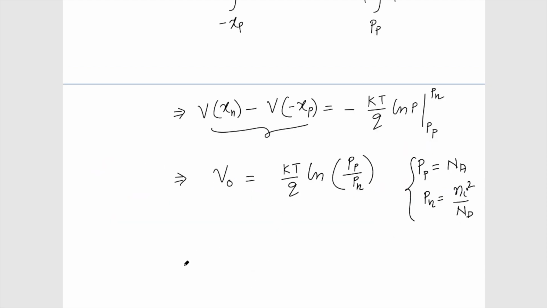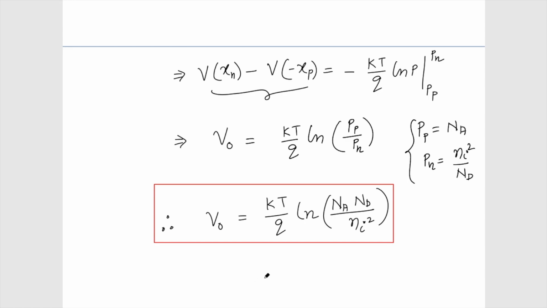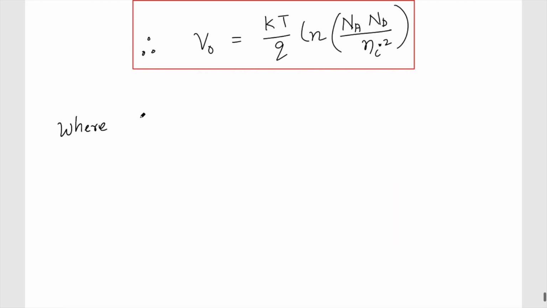So if I substitute this value, I'll get, therefore my V0 is equal to kT by q ln. So this is how I can derive the barrier potential of a PN junction, where my Na